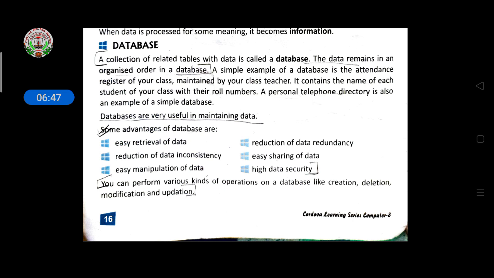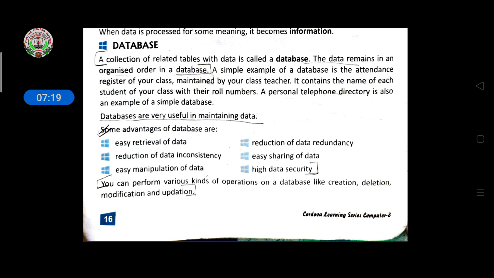They had this directory book, which is a very thick book, and under that it is stored according to alphabetical order. And if we want to find out someone's phone number, with the help of that directory we are able to get the phone number of that particular person. So databases are very useful in maintaining data.